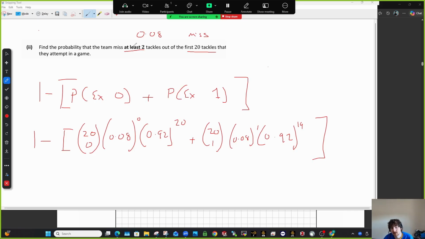It's easier when you're getting at least once, because then you just go 1 minus the exactly 0 scenario, but at least twice is interesting because you have to take away not only the exactly 0, you have to take away the exactly once as well. Okay, so let me type that into the calculator. That might take a second, so I'll pause the video. Okay, so I typed all that into my calculator there, took 1 away from it, so I got